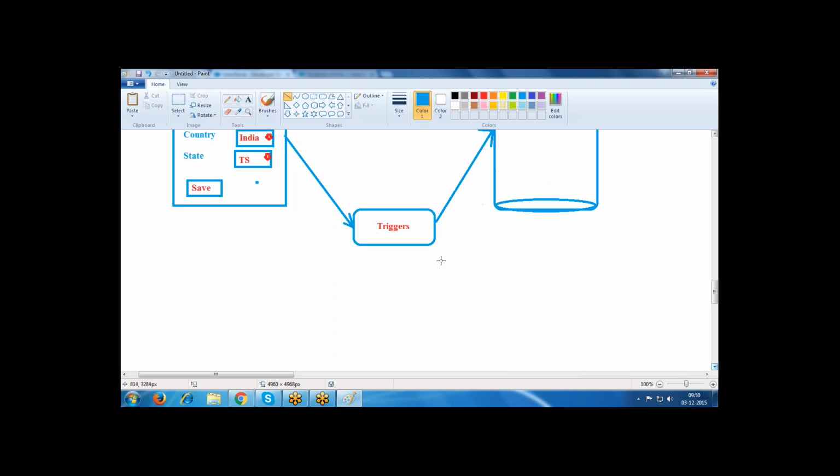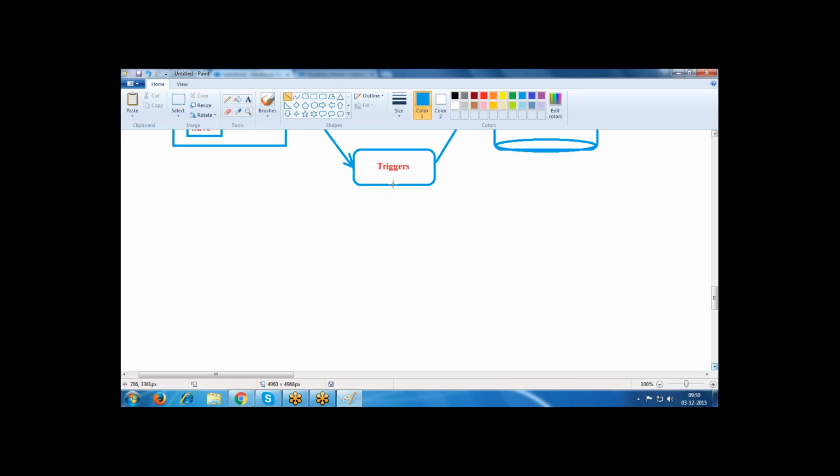Now, again, in triggers two types of variables are provided. We call these context variables.